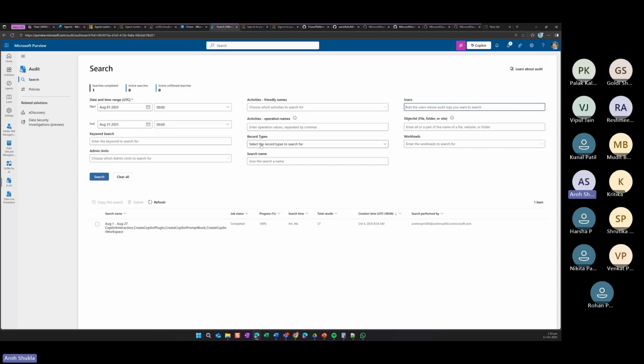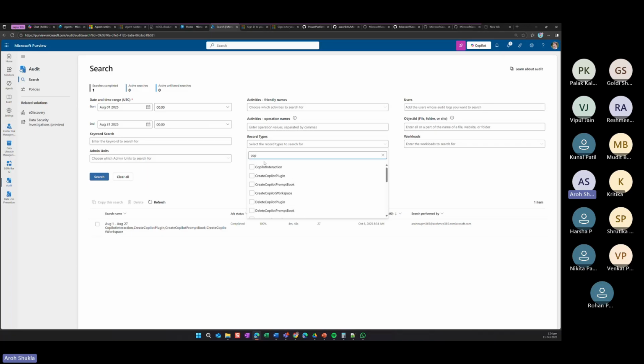So I can go for Copilot interactions, right? I mentioned what an interaction is: any app you interacted with Copilot. It could be a Word document, your Power Platform, or your Outlook. So Copilot interactions will show me that Outlook was interacted with by Copilot, by my agent, or by Power Platform. So Copilot interactions are important to understand how my Copilot interactions were actually captured.